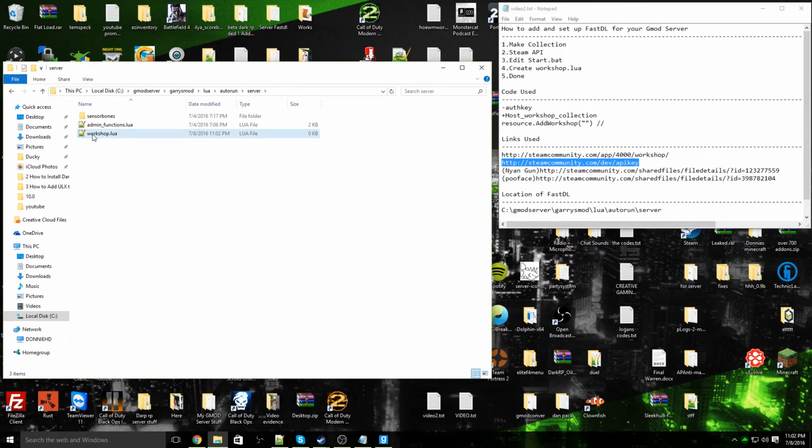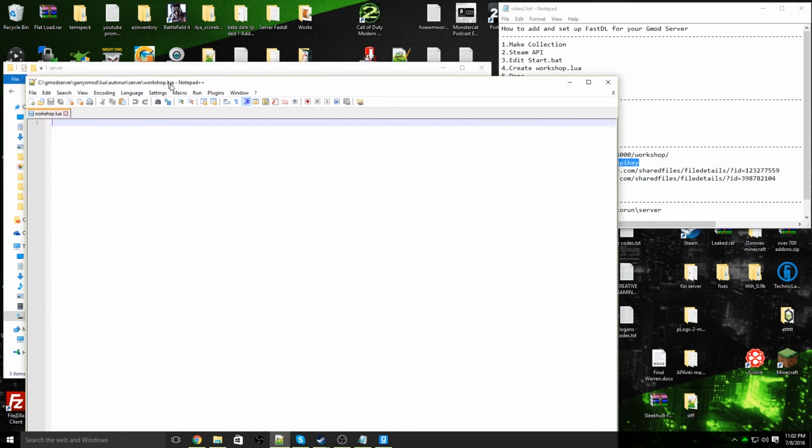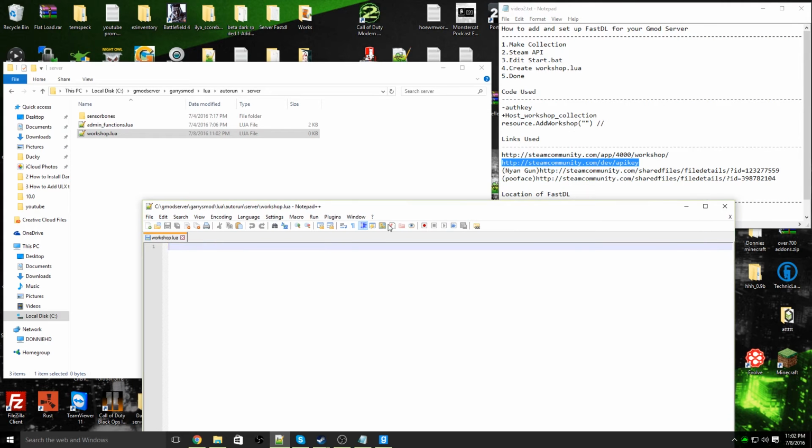Now you're going to go ahead and open up workshop.lua with Notepad++. Link will be in the description below just in case you don't have it. And now we're going to add resources in order for the FastDL to work. I'm going to demonstrate this with NionGun first. So I'm going to go ahead and type in resource.AddWorkshop